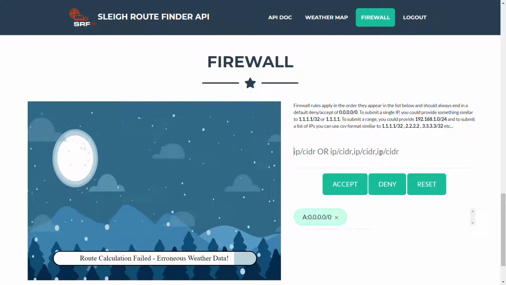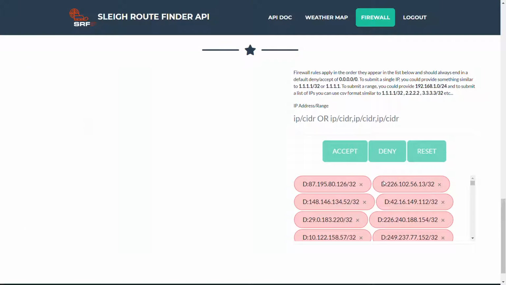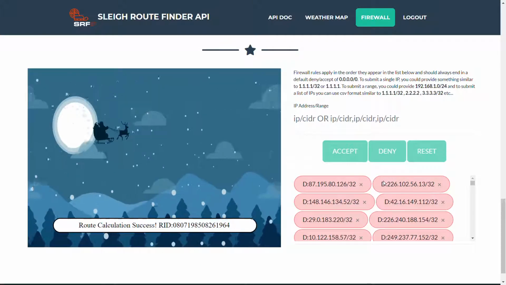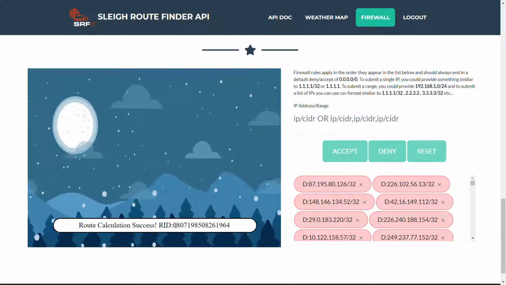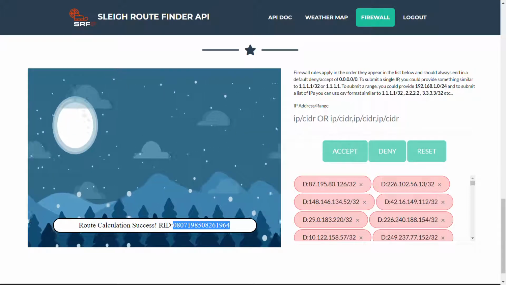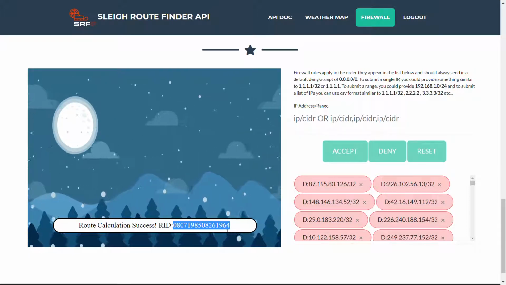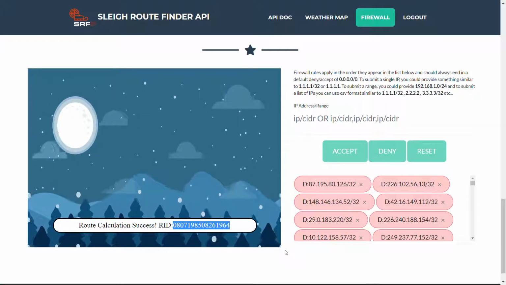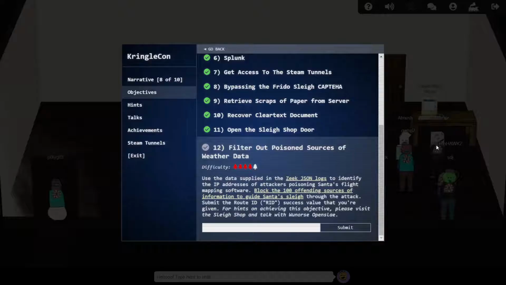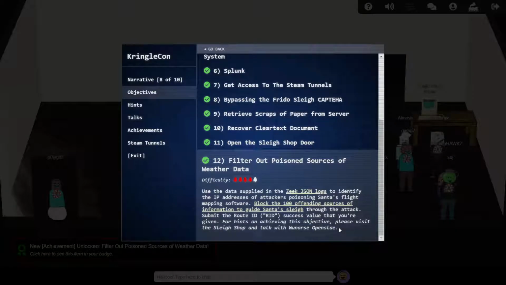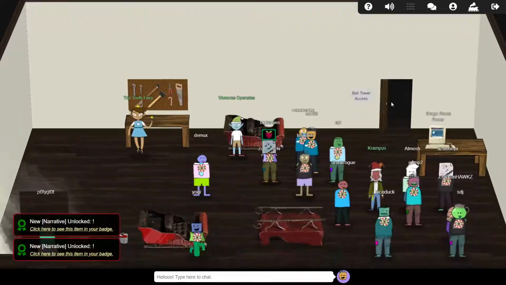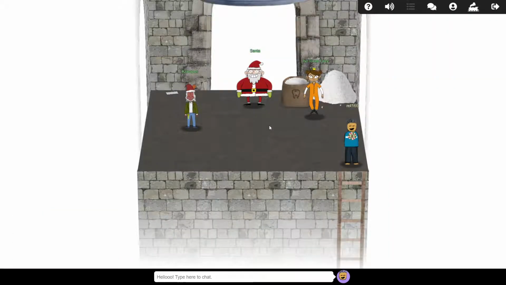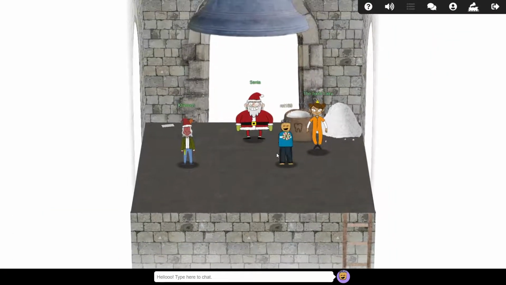Let's feed those IPs into the slave route finder firewall. And success! The system has been able to calculate a route now that we've stopped the poisoned weather data. We've successfully thwarted the Tooth Fairy's attempts to destroy Christmas. We're given the route ID, which is the flag we need to enter into our badge to complete this final objective. This also unlocks the door to the bell tower, at the top of which we find Santa and Krampus,